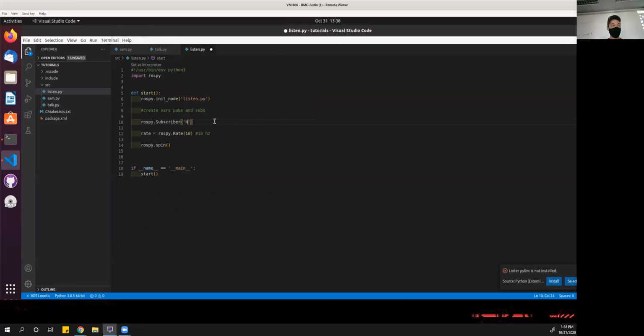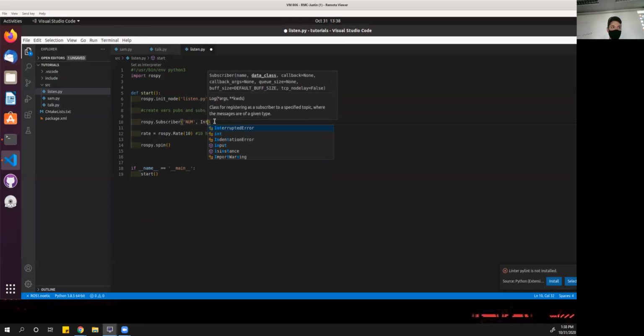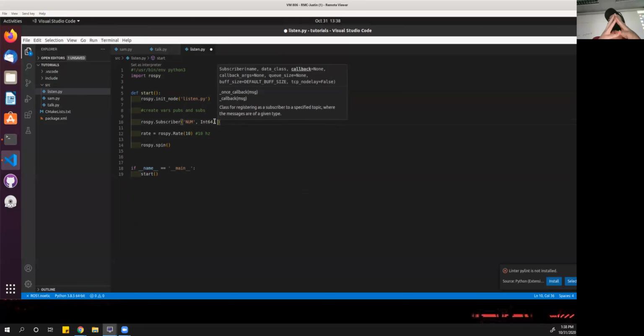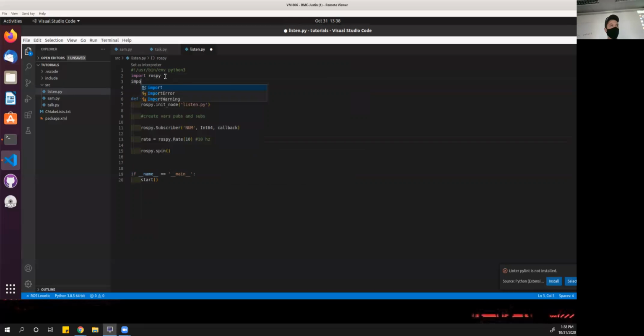So we're going to have 'num', comma, then we're going to have that data type again, so Int64, comma, and then a method that we're going to create that happens every single time it gets that data. So we're going to call this callback. Boom. So since we're using Int64 here, we're going to need to go ahead and import, not import, sorry,